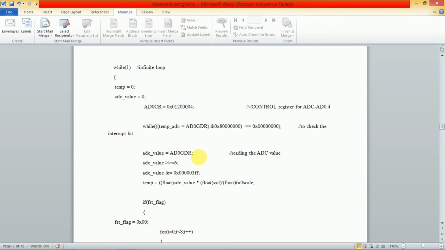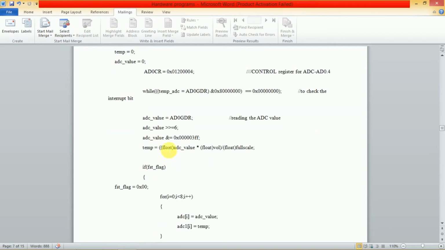While temporary of ADC 0 GDR 0x80000000, that is to check the interrupt bit. ADC value you can declare it AD analog digital 0 GDR, reading the ADC values.